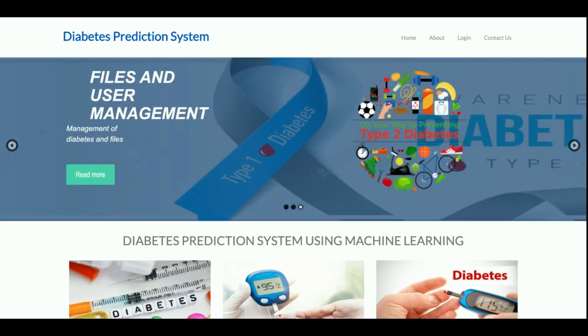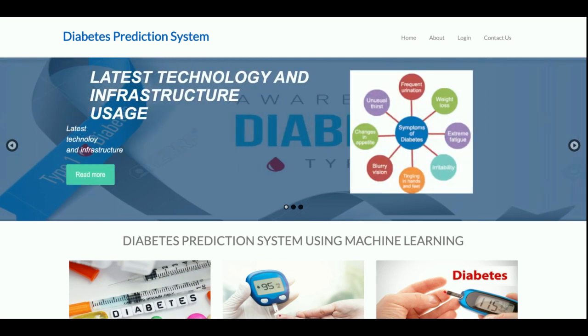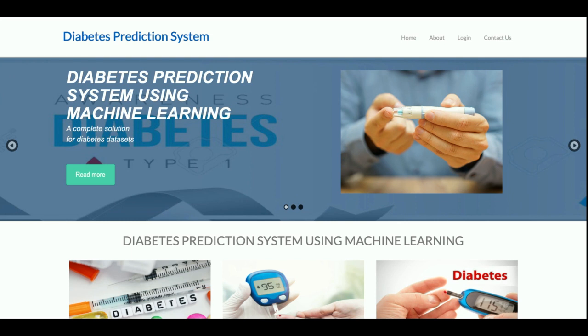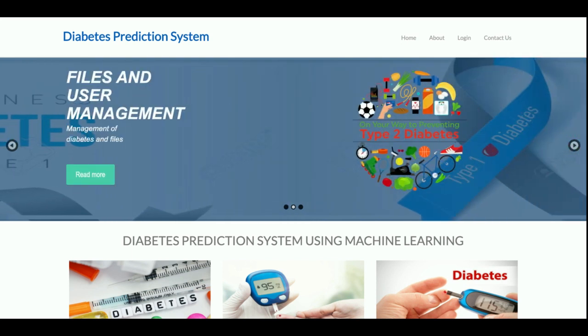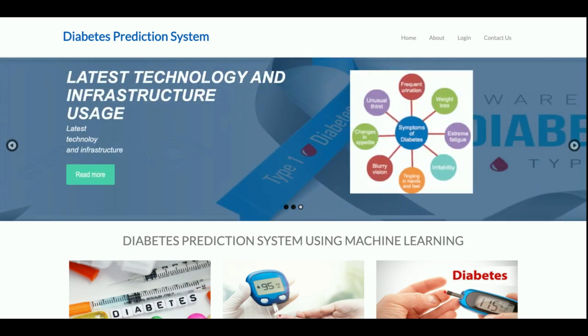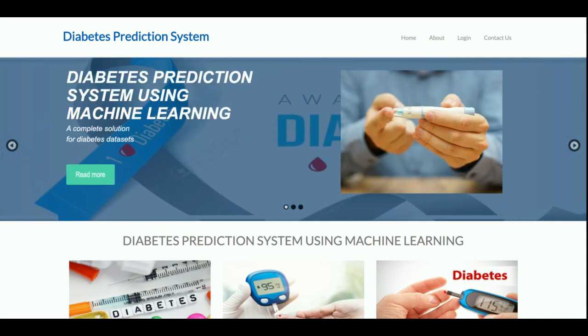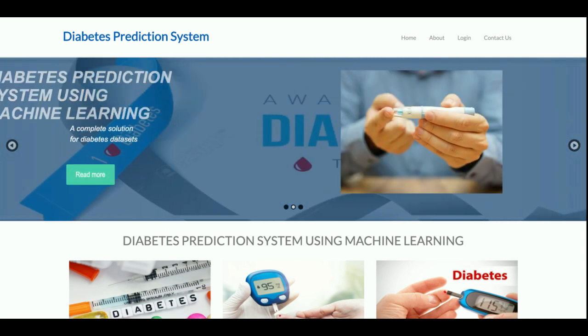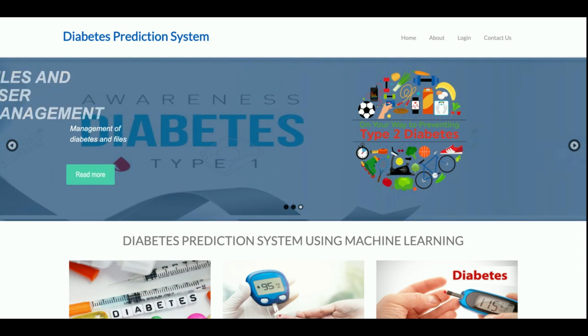You will train your machine on that data set, and after that you will enter some values and predict whether you have diabetes or not, right? So this is the concept. I have used the Kaggle data set for training our machines and predicting the things, right? So this is the overall concept.